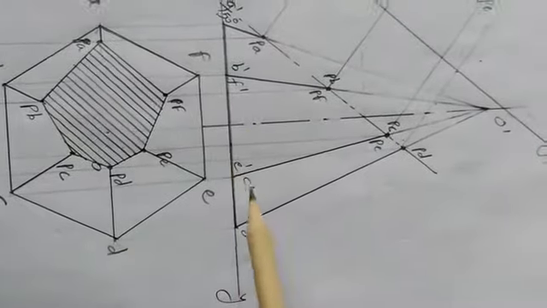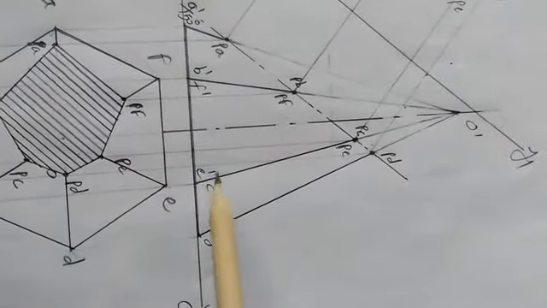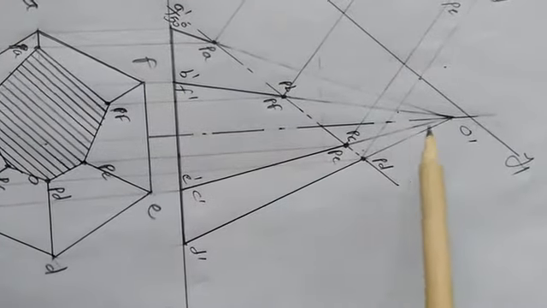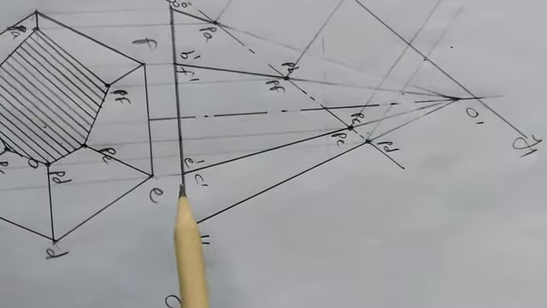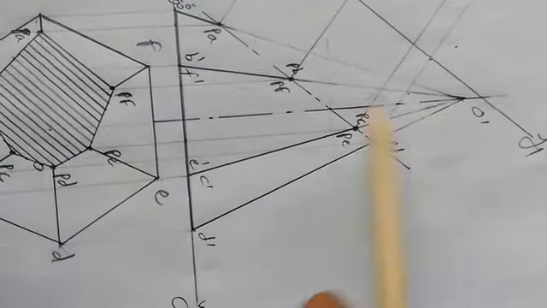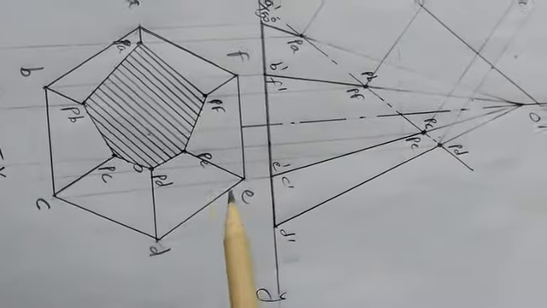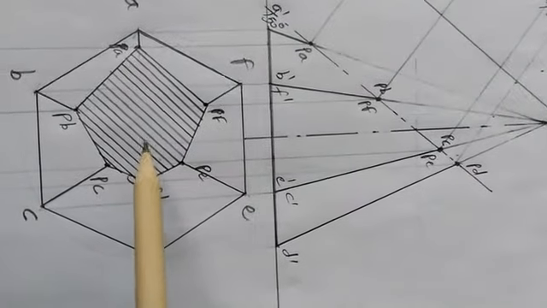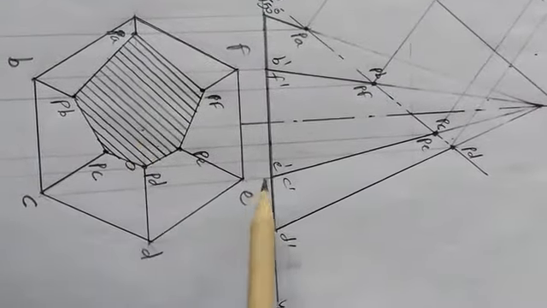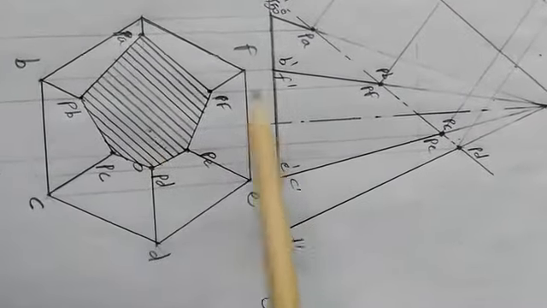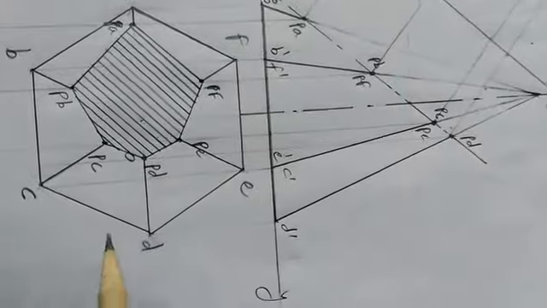Lateral slant edges, those are visible. That's why those should be shown by thick line: OE, OC as well as OB, OF. All these lateral edges should be shown by thick line initially. Here also in top view, running from the apex, all the corners are joined by thick line. Initially they were joined by thick line.